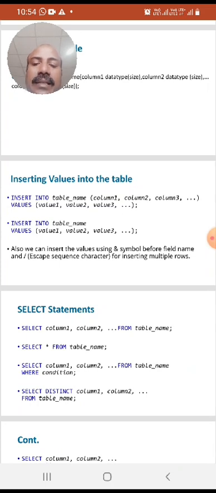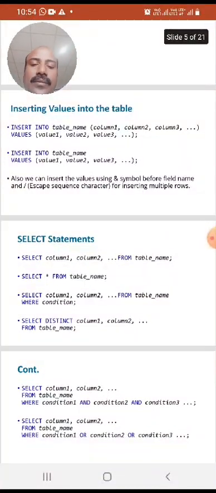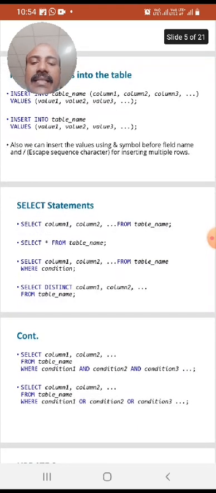That is, select distinct column 1, column 2 from table. It is also select column 1, column 2 from table name where condition 1 and condition 2 and condition 3. We can give more conditions, that is condition 1, condition 2, condition 3. These conditions are combined by using the keyword AND. Next one is the select